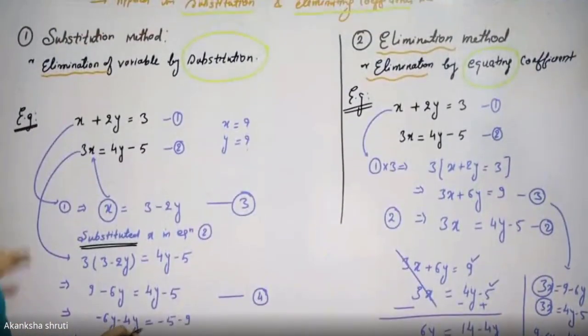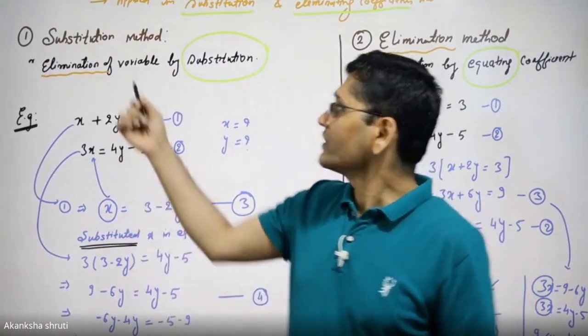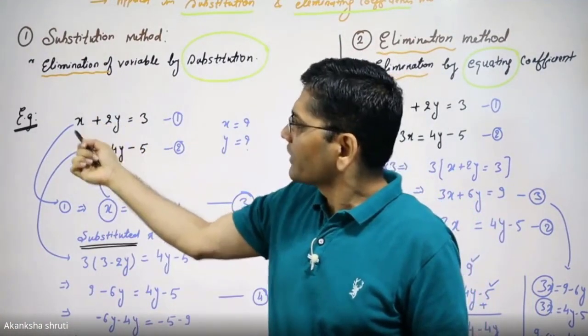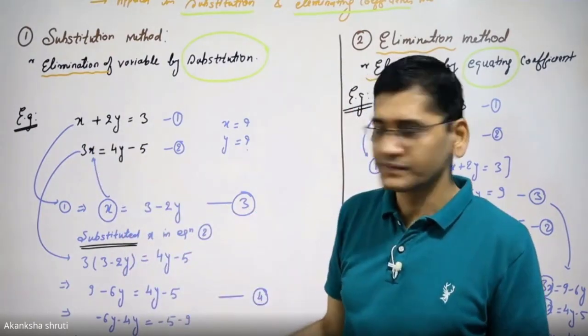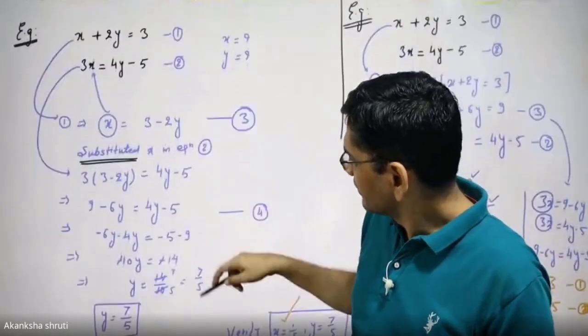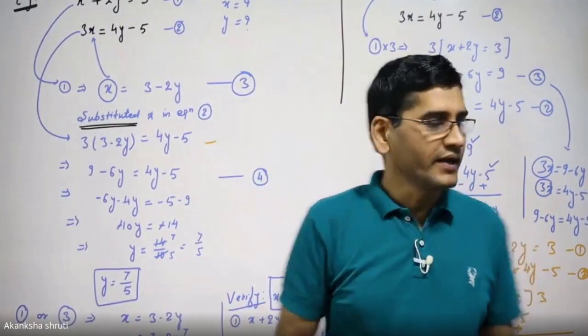But these two methods only differs in their steps. In first method, you have to calculate one of the variable from one equation, substitute in other. Then you will get one equation in one variable. In second method,